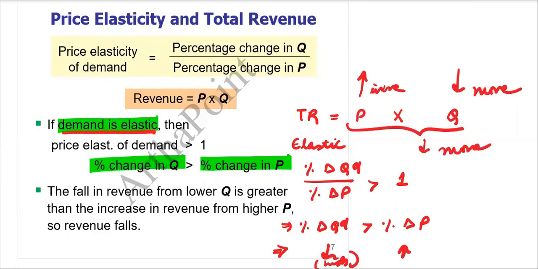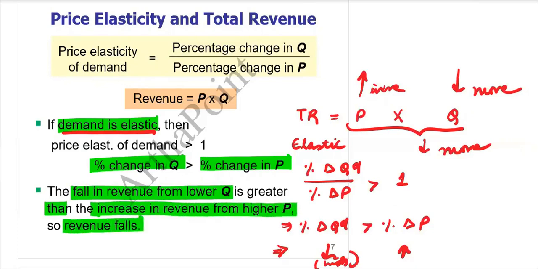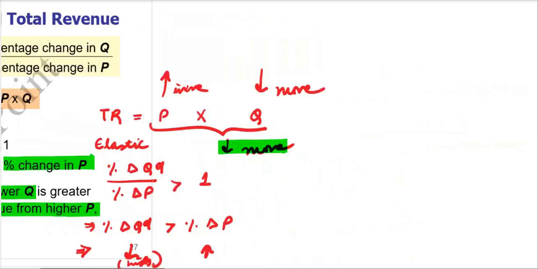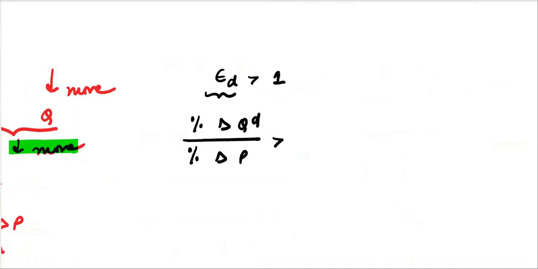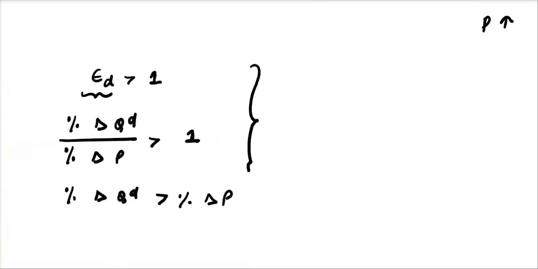So when demand is elastic, the fall in revenue from lower Q is more than the increase in revenue from higher P. So the revenue overall must decrease. Is this making sense? Elasticity being greater than 1 means the percentage change in quantity demanded due to a percentage change in price is greater than 1. This means the percentage change in quantity demanded is greater than the percentage change in price. When this is the case,